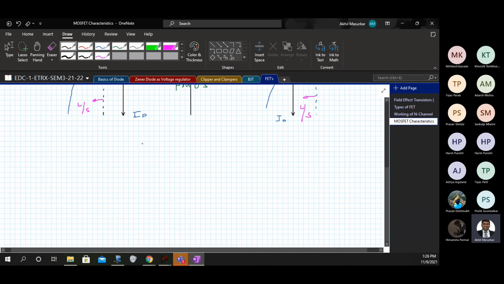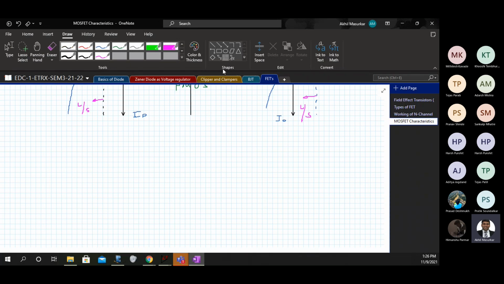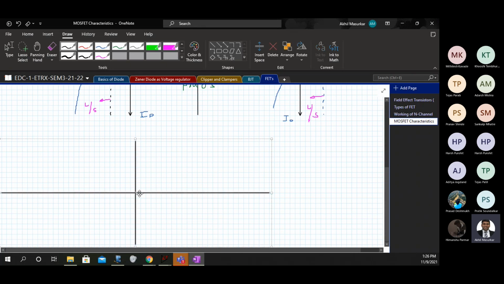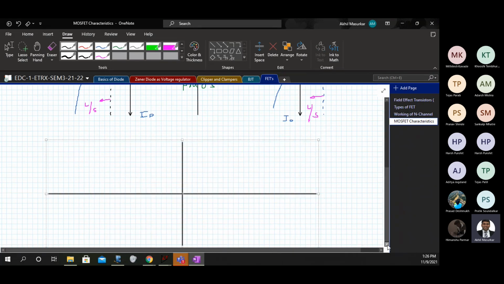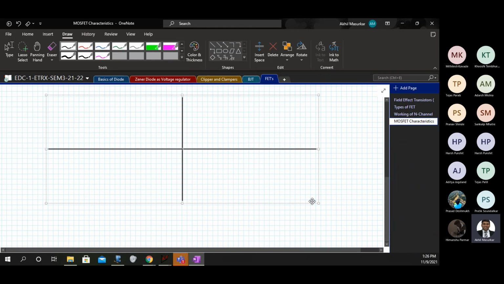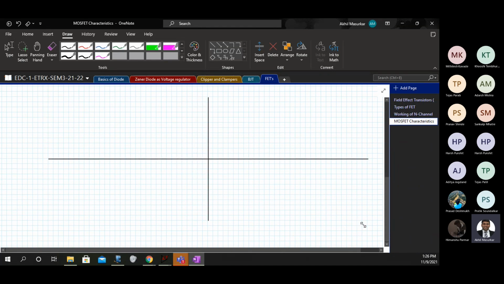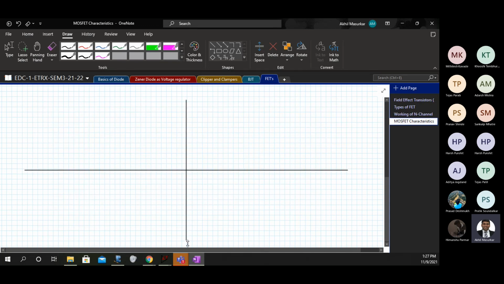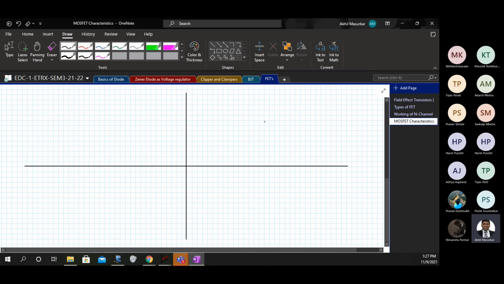The output characteristics is somewhat like this. On X we have VDS and on Y we have ID.